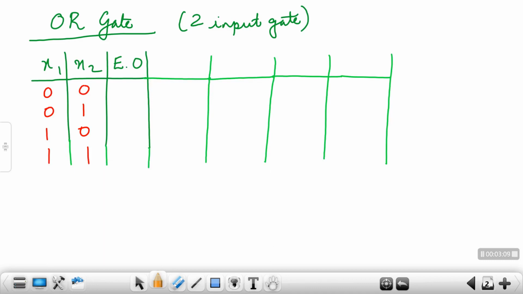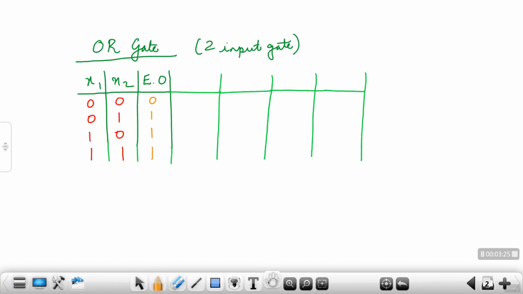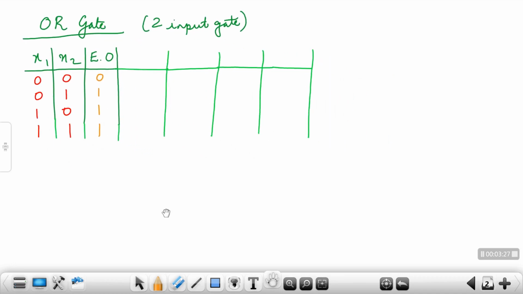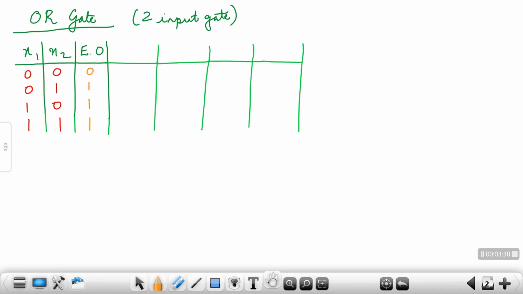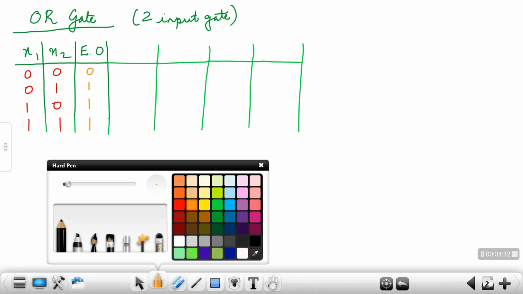The output for 0, 0 is 0. For 0, 1 it is 1. 1, 0 it is 1. 1, 1 it is 1. So if at all we consider the model which was shown previously, we can calculate net. And the weights, assuming that the weights will be positive weights, because we know that for all gates we use positive weights. So if at all I consider the model,